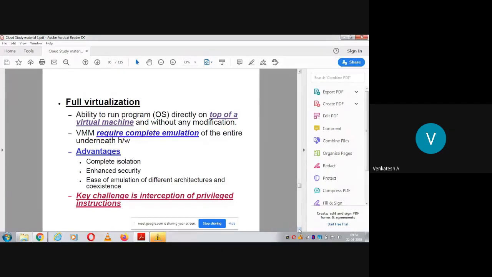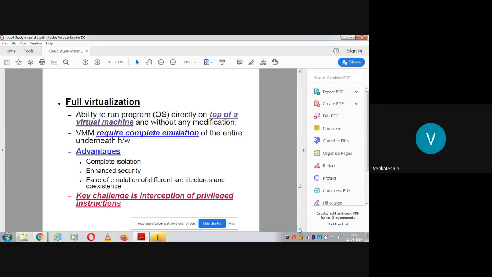And there is ease of emulation of different architectures and coexistence. Say for example, the underlying physical hardware architecture is 64-bit, and you are using a 32-bit operating system. Then it has to recreate that virtualized environment for a 32-bit architecture. That can be done with greater ease. So that is the advantage when you go for full virtualization.